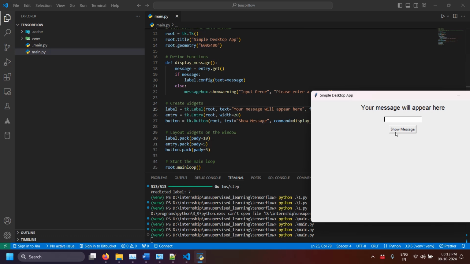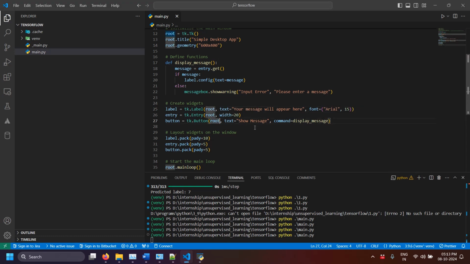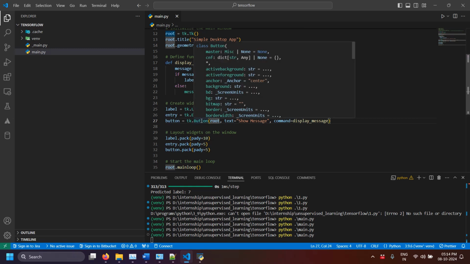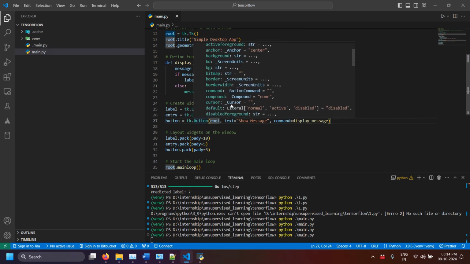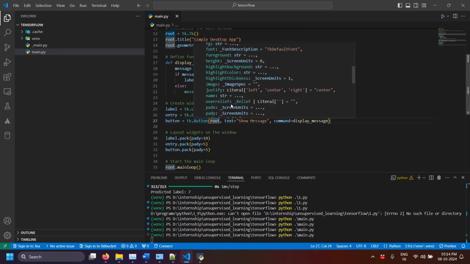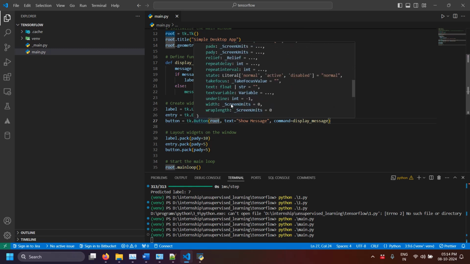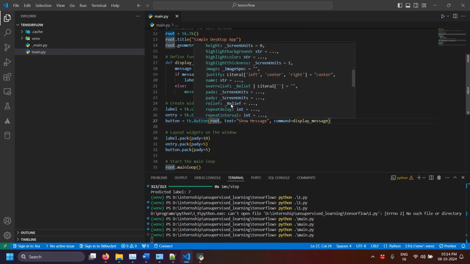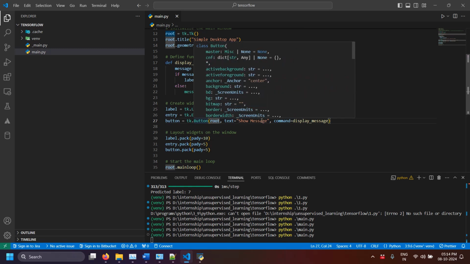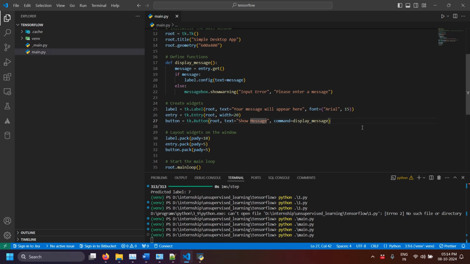Then comes the button. Again, the first argument will be the root window. Then comes the text. So you can scroll down and see there are many properties available. Okay, so this is text. Now comes the important one,